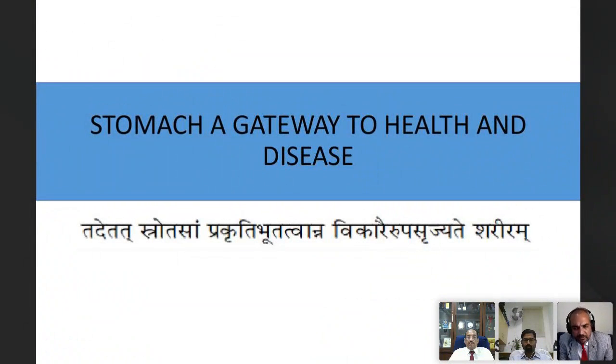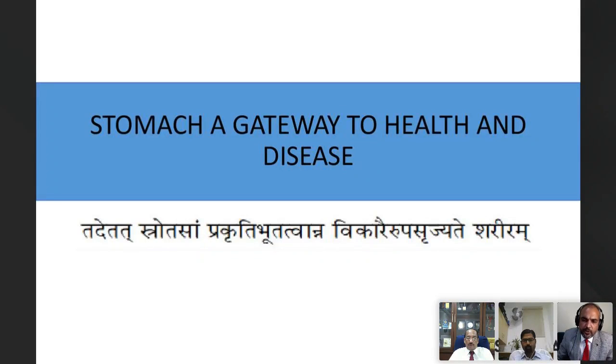And as we all know, we'll see in the next slide actually how the stomach is really capable of having an influence on extra gastric disorders as well. But stomach truly is a gateway to health and disease. Even the traditional knowledge base has summed it up in a beautiful shloka called Tadetat Strudasam Prakrutir Bhutatvat